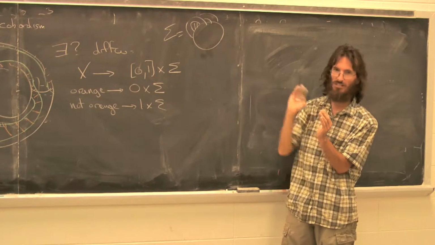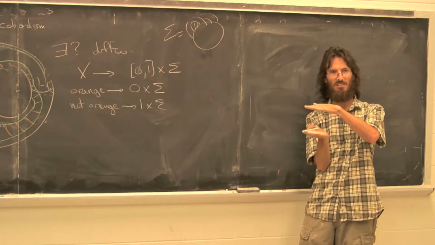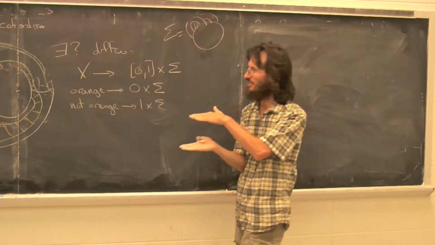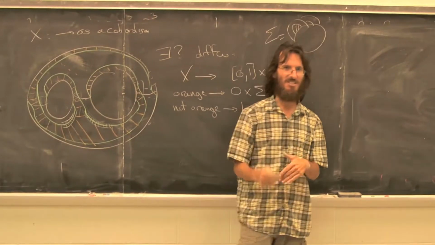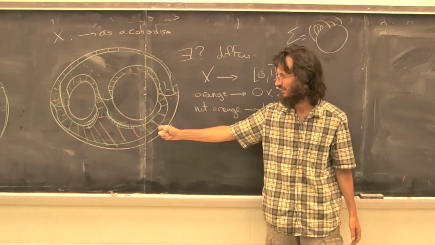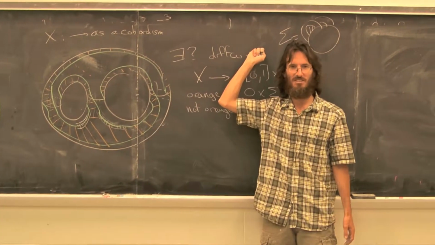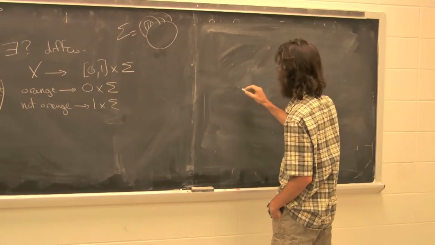And when you take this cross sigma, where you get this cross interval, you get a particular decomposition into 2 parts. And the question is, how can you decide if the way this boundary is decomposed into 2 parts is consistent with that? The point is there are many different diffeomorphisms from this solid handle body to this cross 0, 1. So in other words, what we want it to look like is,